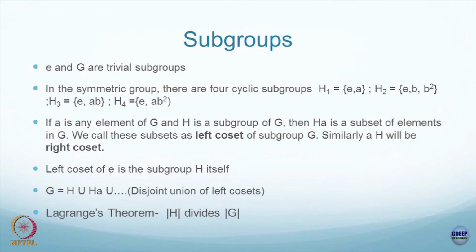And if you multiply a left coset with the identity element, it is just the same subgroup, no change. You can write the group as a disjoint union of the subgroup H, union the left coset obtained by multiplying A on the subgroup elements, and so on, and it will be disjoint. By that I mean that there is no intersection between different subsets. There are no common elements between different subsets. So, how does this help you? This way of writing explicitly gives you some kind of an indication about Lagrange's theorem.